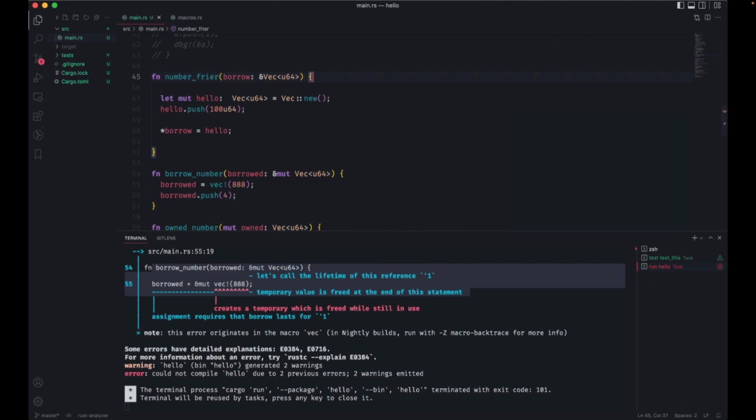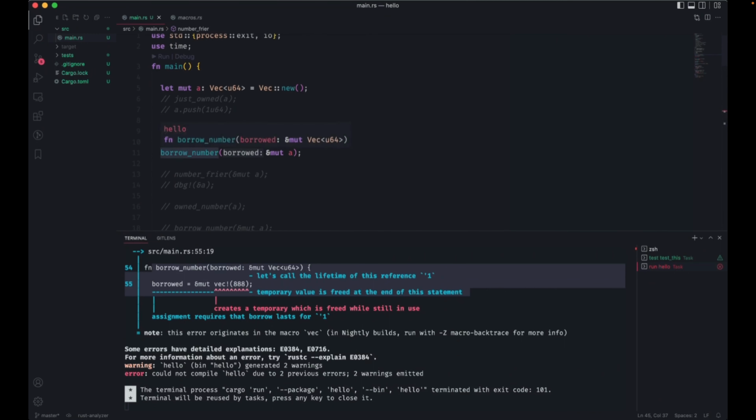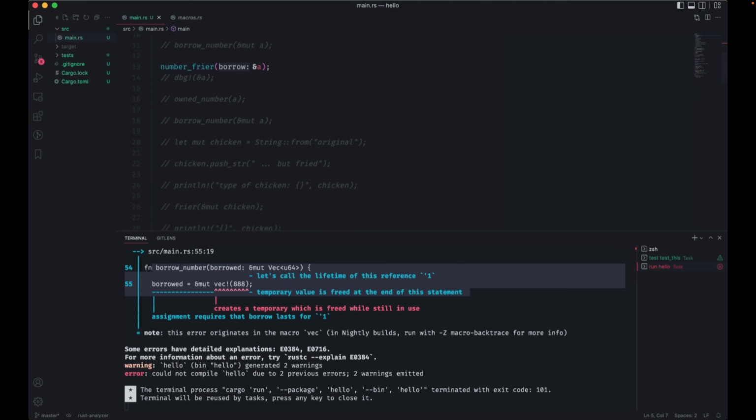But also let's go up to the test that we're doing, and also remove the mutation from passing the value and from the definition as well. Number Friar, right here. Okay, I'm listening. And also in the definition where you say let, also remove the mutation from there. And I'm wondering if that case is going to fail.